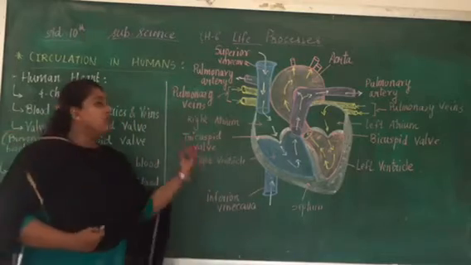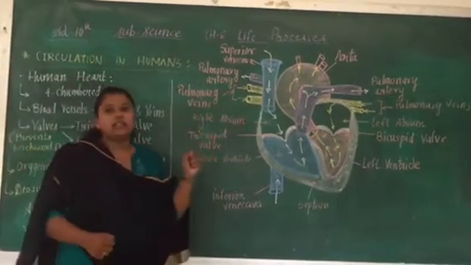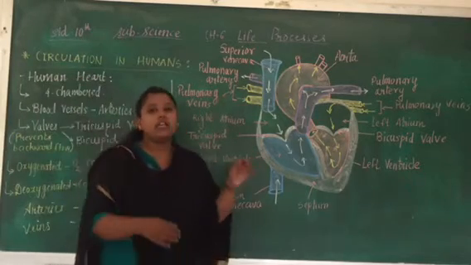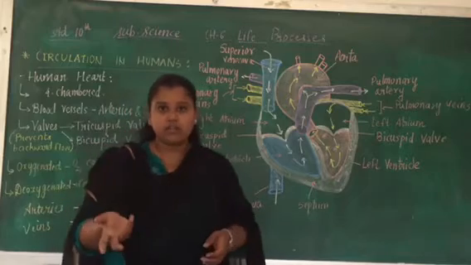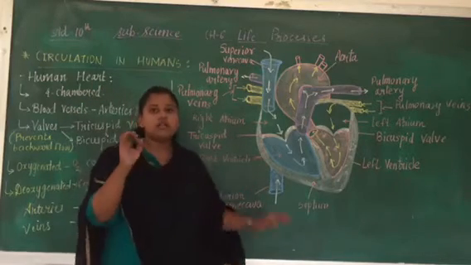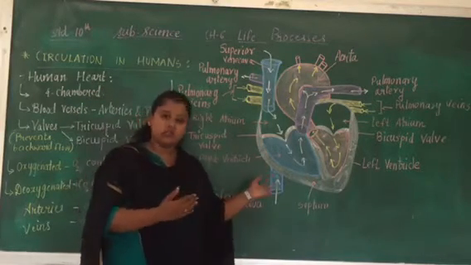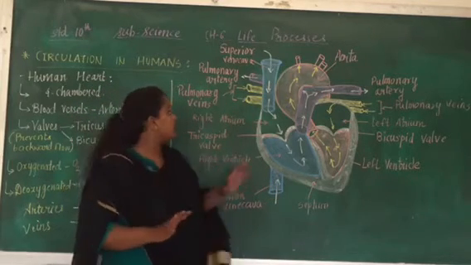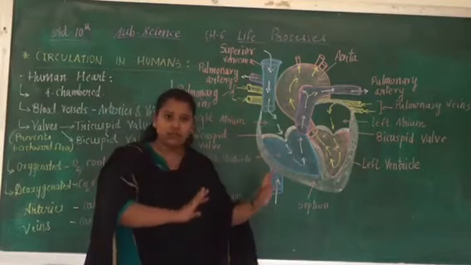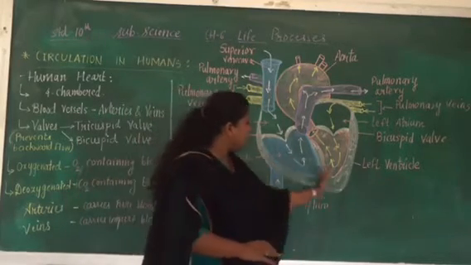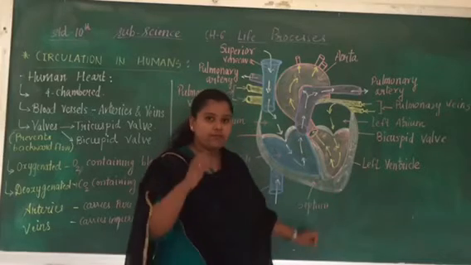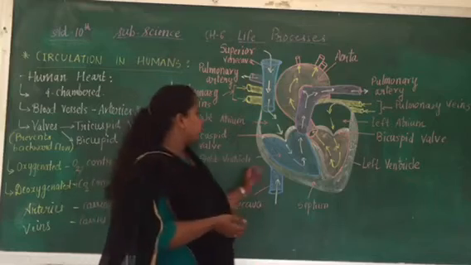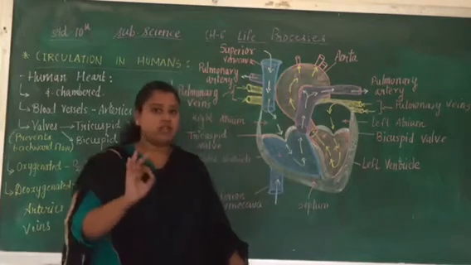Now coming back to the internal structure of the human heart, I have drawn this figure in your textbook. Another figure is also given. If it is easy for you to understand this figure, then you can draw this figure also. First of all I will make you understand why and how I have drawn this, right? First of all you have to draw this way, and see, I have drawn all the things with different colored chalk sticks, right? Why is it so? To make you understand the different parts of the heart.